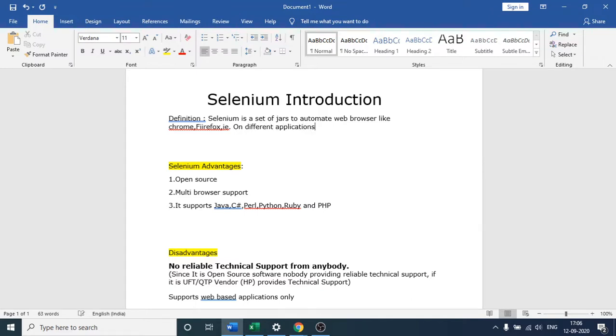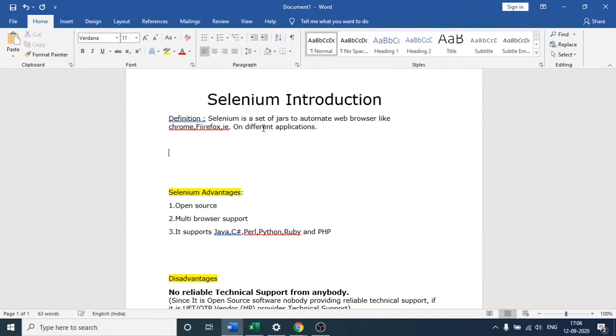Some people have a misconception. The misconception people have is that Selenium is a separate tool, which is wrong. Let me tell you that Selenium is not a separate tool.